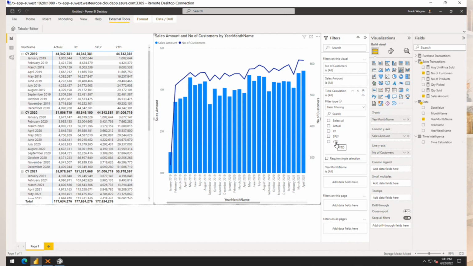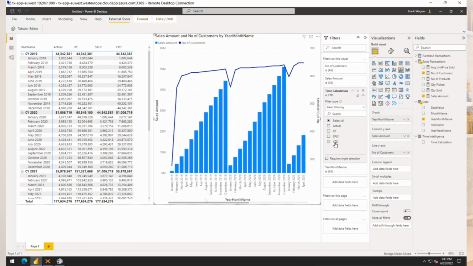Note how if nothing is selected, that means you will always still get the actual, so the actual measure is calculated and no time intelligence is applied. But when I now select the year-to-date, you can see how, for example, the sales amount keeps growing, and you can also see that the number of customers measure is changing, and it does also reset from December to January